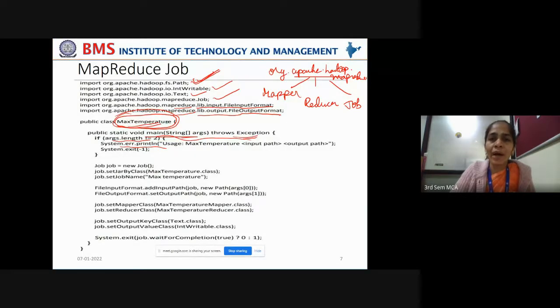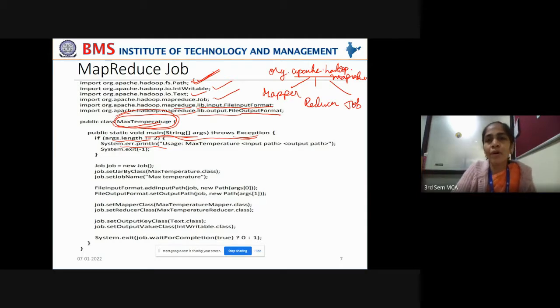If the passed command line arguments are not equal to 2, it indicates that you are not supplying enough files to input the data and read the data from. If you're not supplying enough files to the map reduce job, it doesn't understand which file the output has to be written to. So in order to enable that, we are passing a file to write the data to and a file to read the data from.